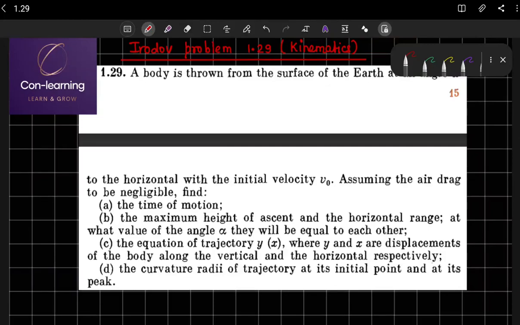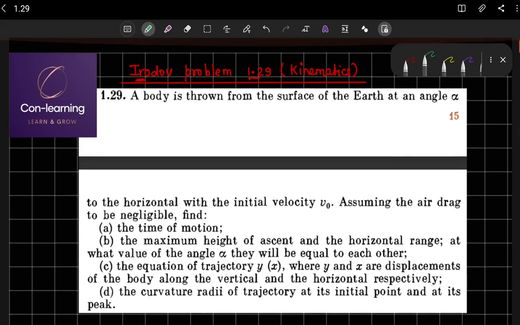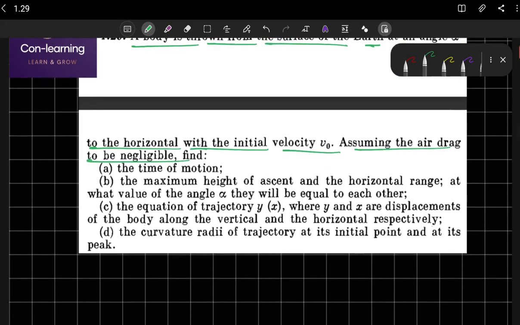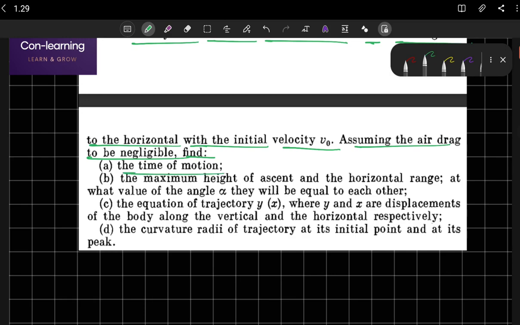Everyone. In this video, we are going to solve problem number 1.29 from Irodov, which is related to kinematics. Let us first read out the problem and then we will solve it step by step. A body is thrown from the surface of the earth at an angle alpha to the horizontal with the initial velocity v0. Assuming the air drag to be negligible, it is asking to find the time of the